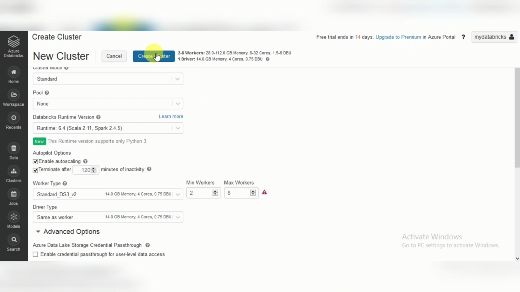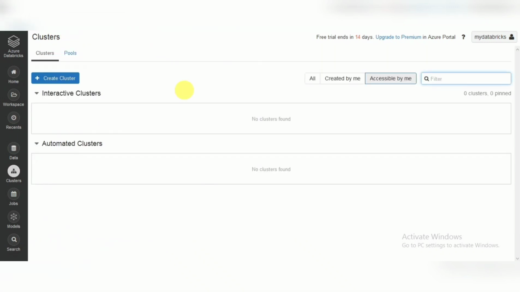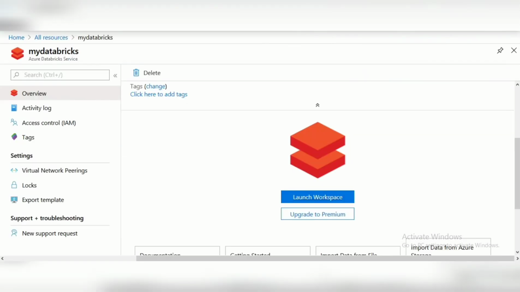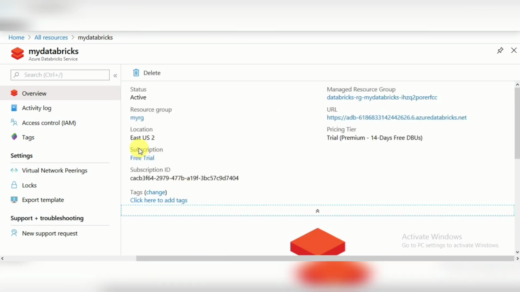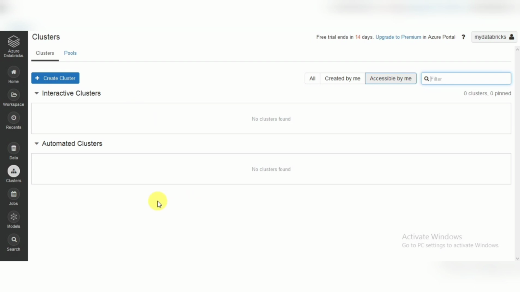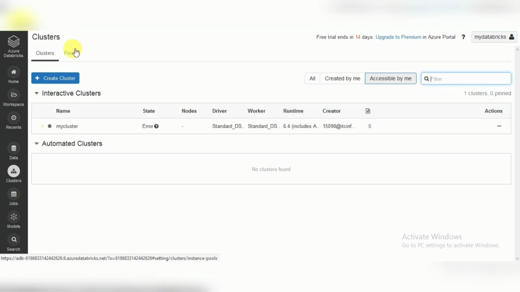So let's create this. You can create a cluster, but whenever you start it, it will fail, because we are using an Azure free subscription, as I told. If we click on this, here is the subscription, we are using a free one. If you are using a free subscription in Azure Databricks, you cannot use clusters. Clusters will fail. Why? Because you have to use pay as you go.